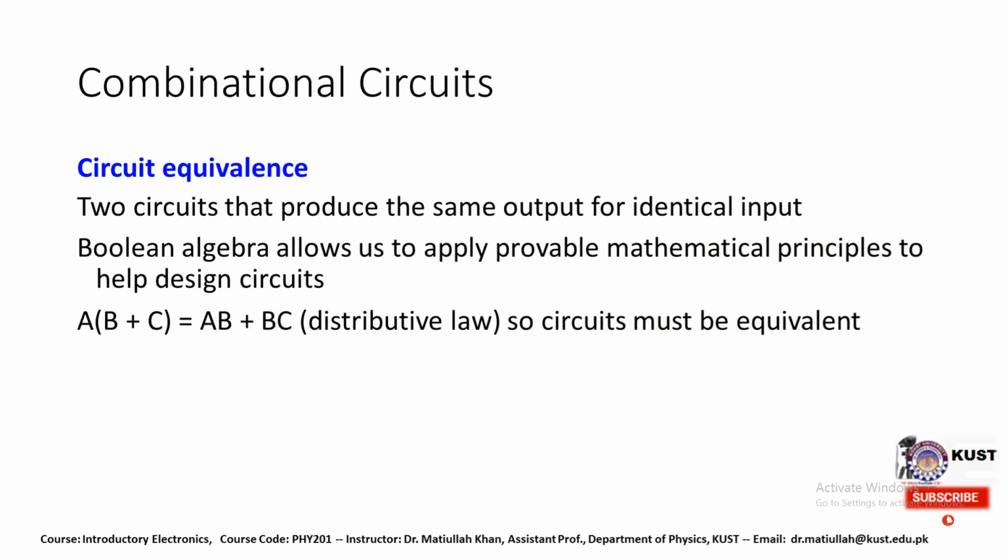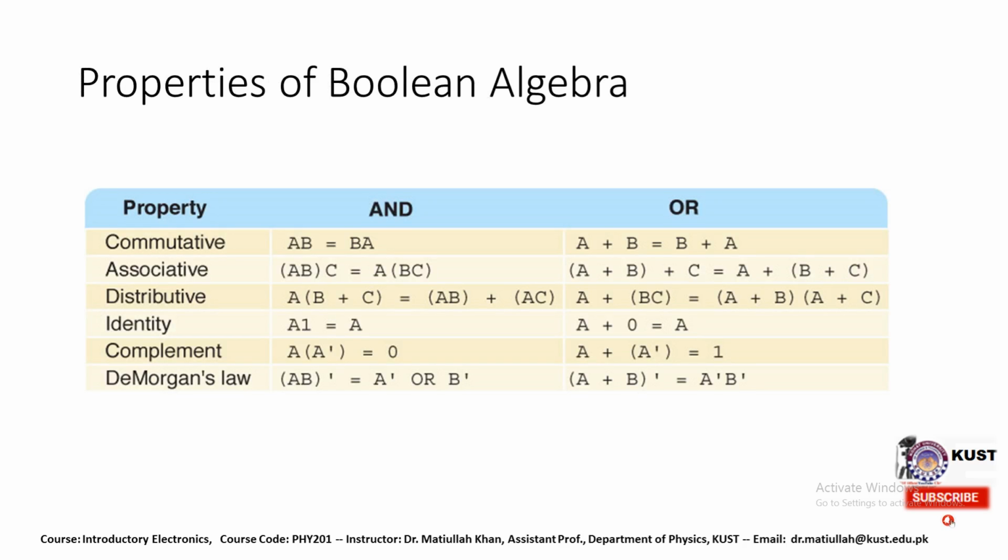We have an equivalent circuit for any particular situation, and if you have 2 circuits that produce the same output for identical inputs, then Boolean algebra allows us to apply provable mathematical principles to help design the circuit. Let's look at this particular case where A into B plus C is equal to AB plus AC, which follows the distributive law. So the circuits must be equivalent, and that provides that particular law. So we have the properties of Boolean algebra,